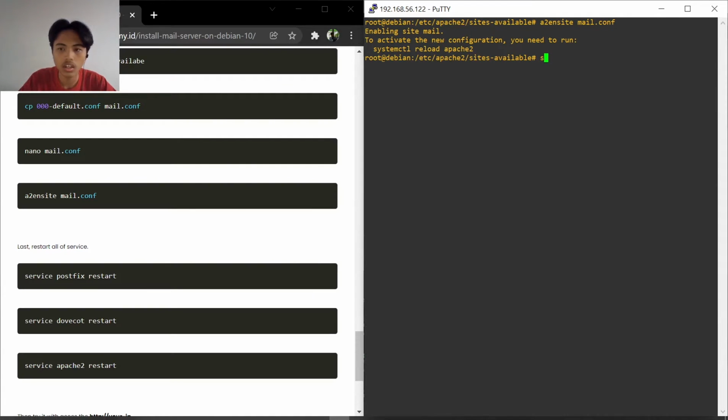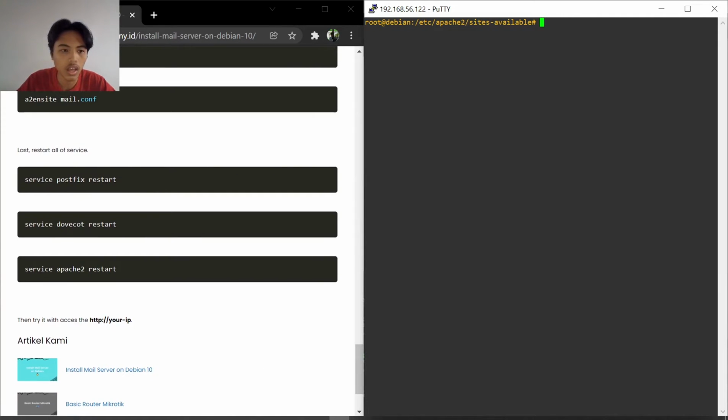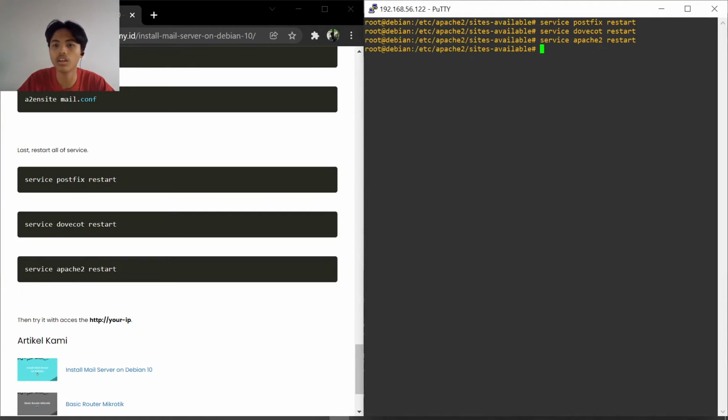And then our configuration is done, and the last is to restart all of the services. The first, restart the postfix configuration here. After that, we will restart dovecot here, and the last we will restart Apache2 here.